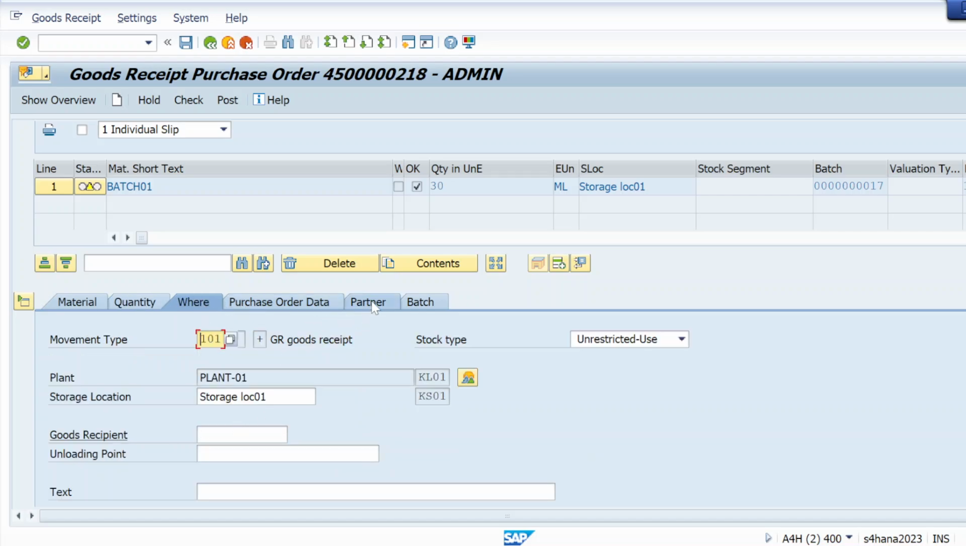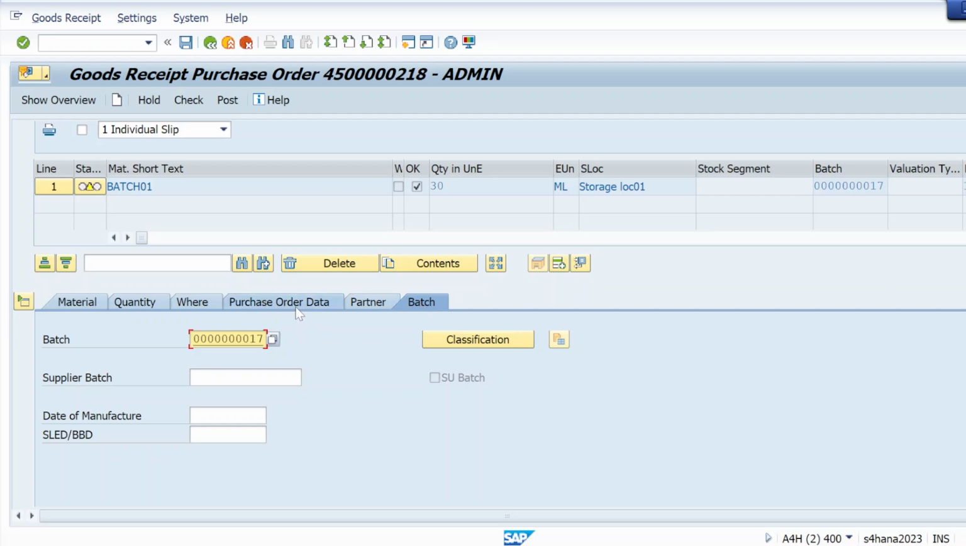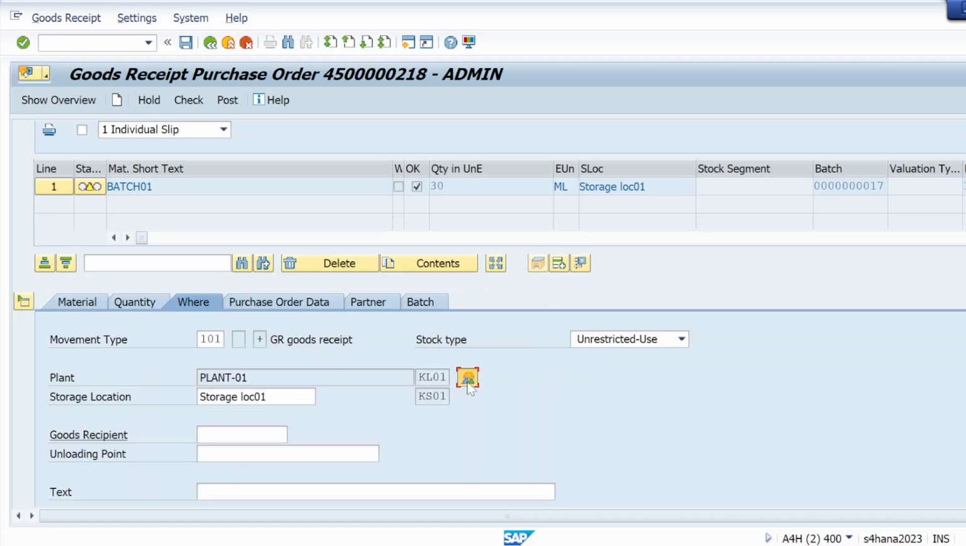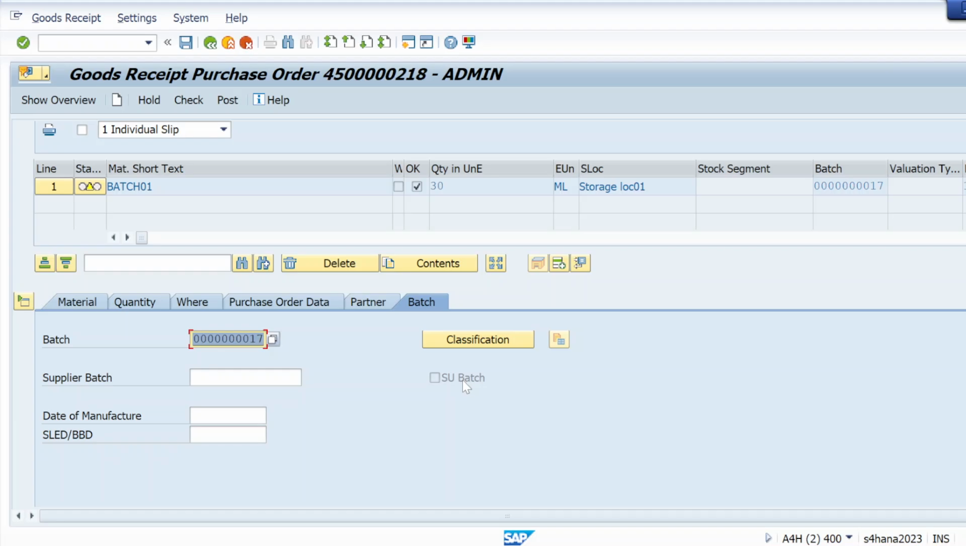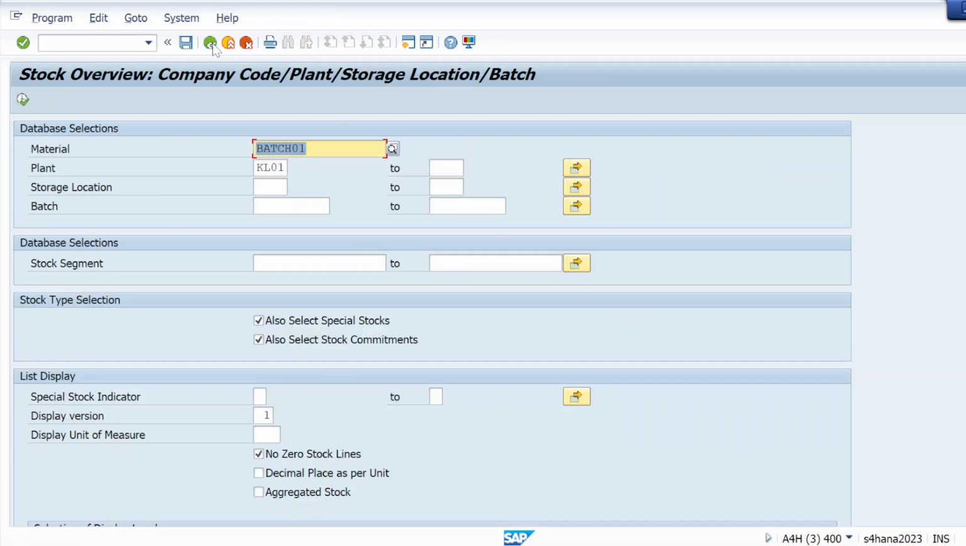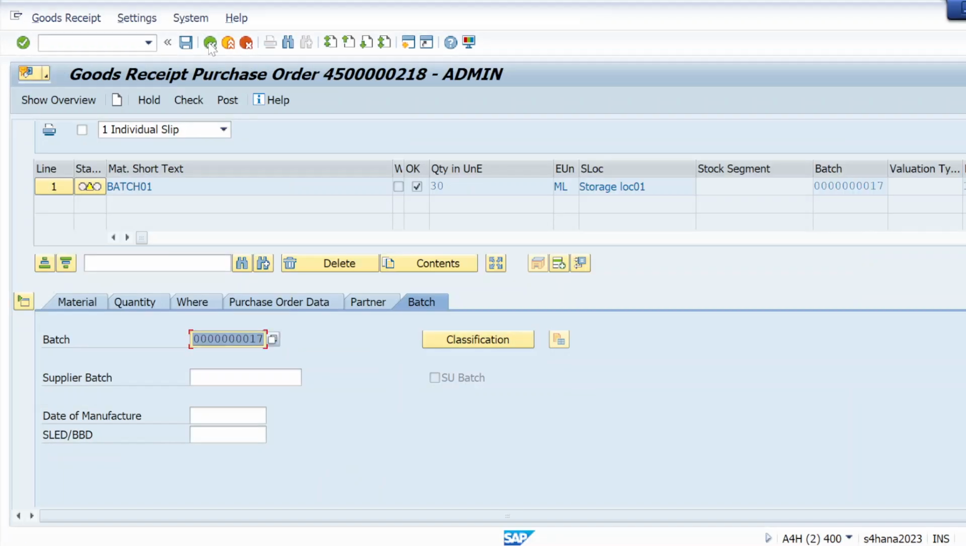go here in batch tab, and from here also you can see in that stock overview. If you just check in stock overview, you can see right now 100 stock is on order stock. So once I will just do the goods receipt posting, GR document posting, then it will come here. Okay, so let me do one thing. Let me give supplier batch number here. So I can give anything manually. So let me give like supplier 01. Okay, and date of